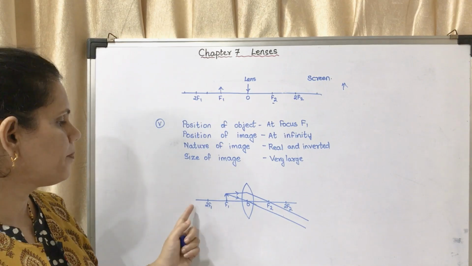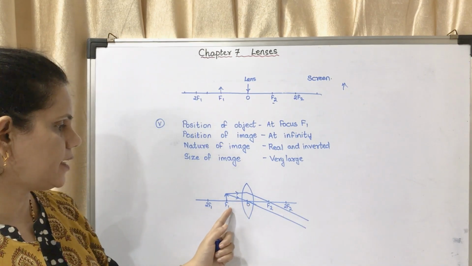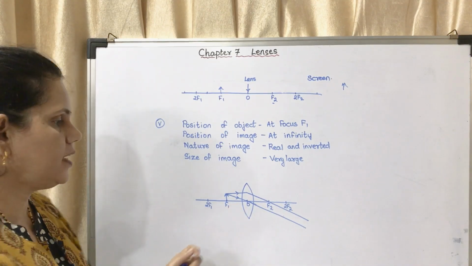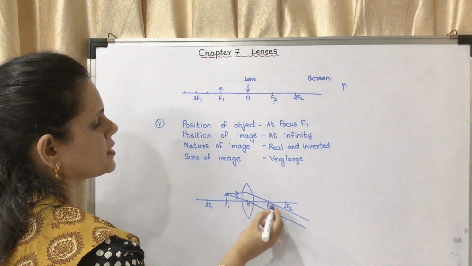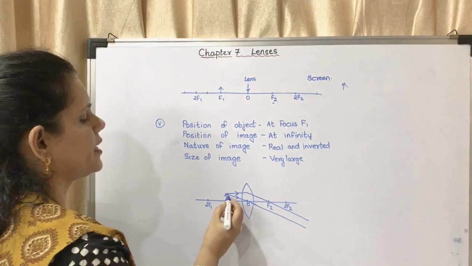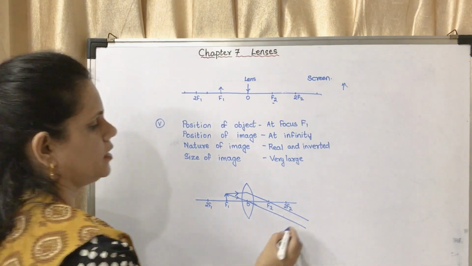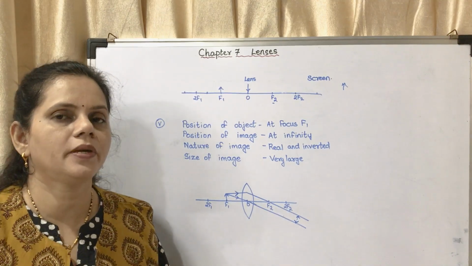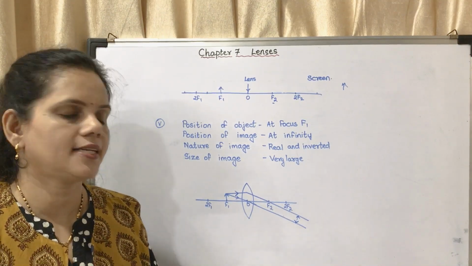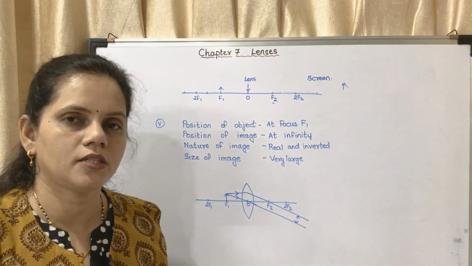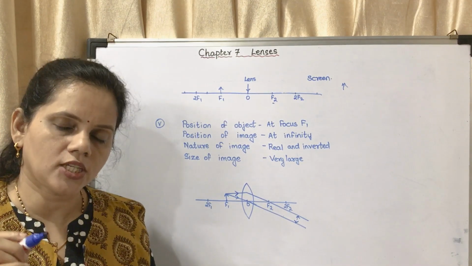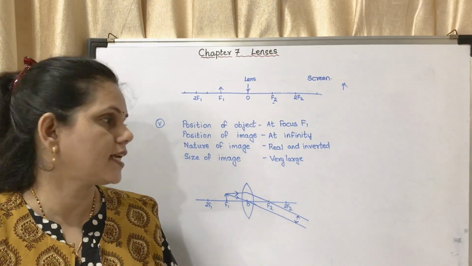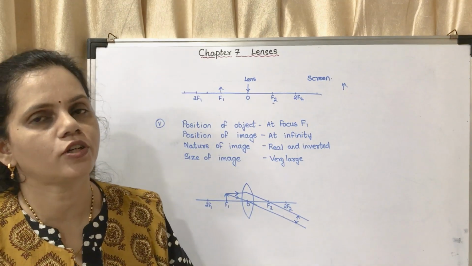This is the ray diagram. The principal axis, optical center, F1 to F1, F2 to F2. The object is kept at F1. The ray passing parallel to the principal axis passes through the focus. The second ray passing through the optical center. You may see these two rays should be parallel to each other. In your diagram, they should be parallel to each other. Okay, it is a condition. That is the only thing which they see while checking the diagram. So this is the diagram for this condition, that is when the object is at focus F1.